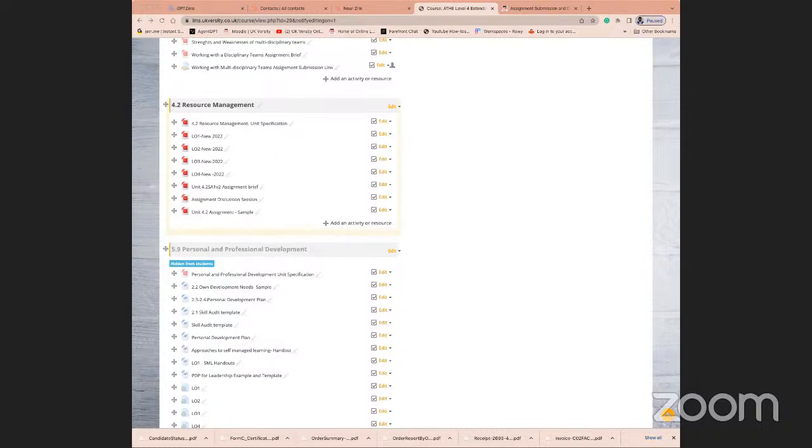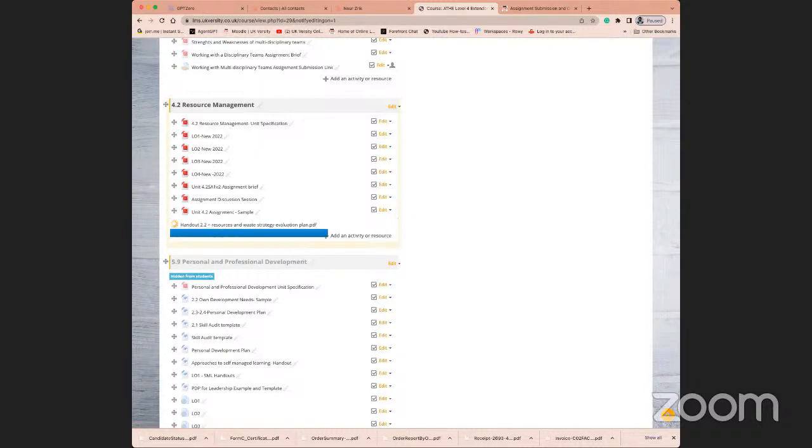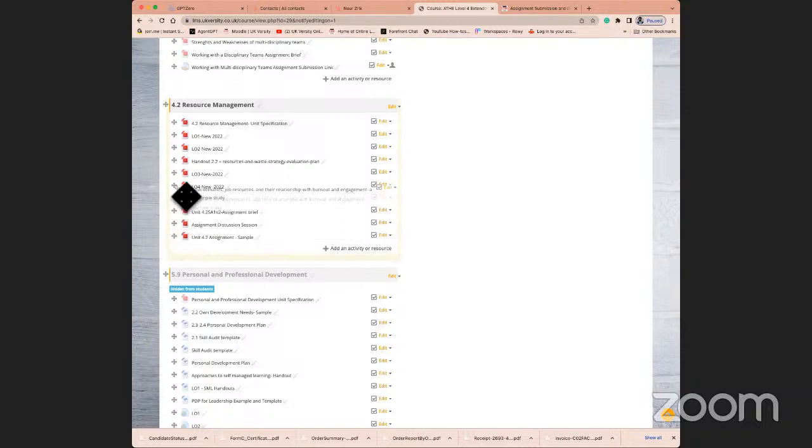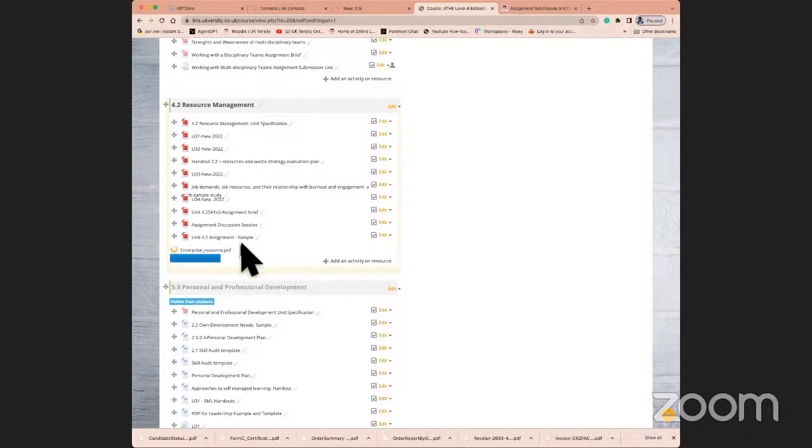There are certain bits which I also want to provide. These are handouts which would be relevant for the relevant learning outcomes. They are neatly and nicely labeled. So for certain cases, when you look at studying certain learning outcomes, you would see that there are case studies and articles and journals that I've included primarily to ensure that you have enough reading material for each of the learning outcomes in terms of